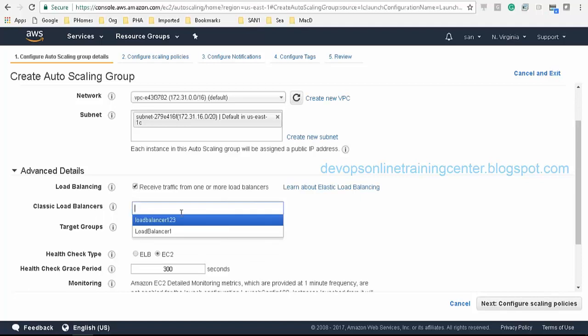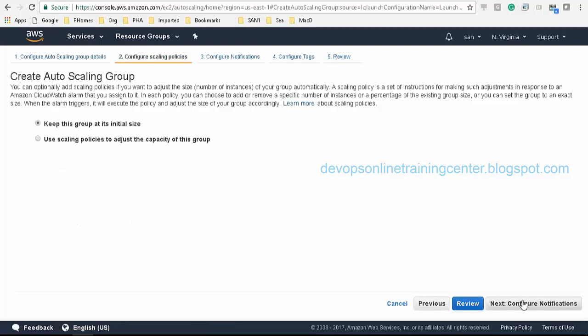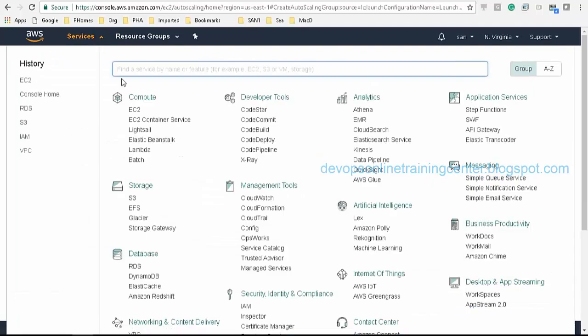Okay, here we attach the load balancer to the auto scaling group. So this will receive the traffic from the load balancer. So let us say I'll attach here load balancer 1 to 3. So while creating the auto scaling group itself, we have an option to attach this auto scaling group to the load balancer. So all the incoming traffic from this load balancer will be redirected to these instances. Use scaling policies. I was just checking if there is any option to edit the existing auto scaling policy and attach. Let me see that.